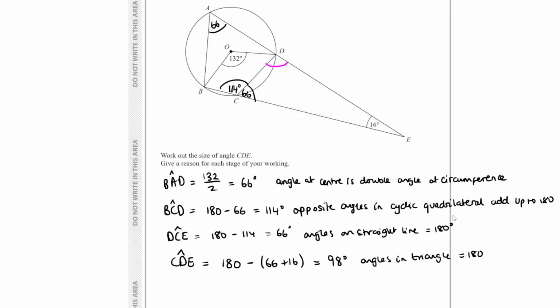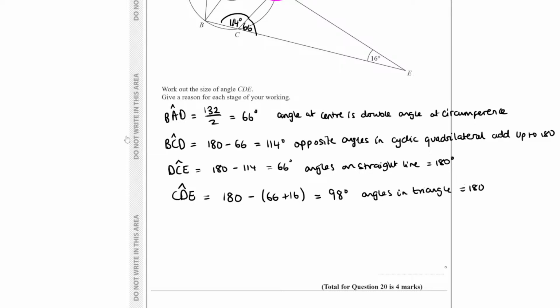I've used two circle theorems and two just general angle facts. Now I did look at the mark scheme and they did say, this is 4 marks, that you get 3 marks for your working and 1 mark for the reasons. And I'm pretty sure, if I'm not wrong,